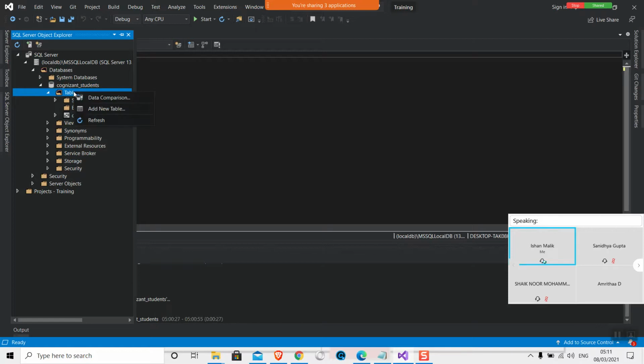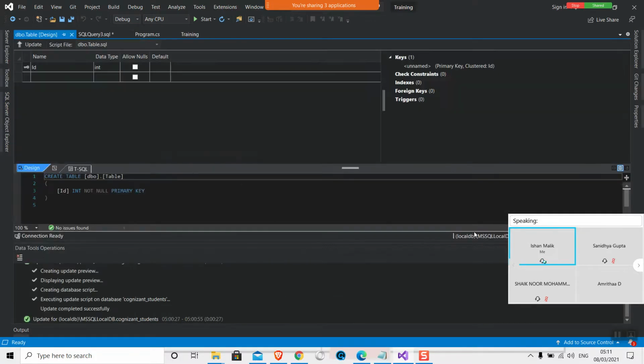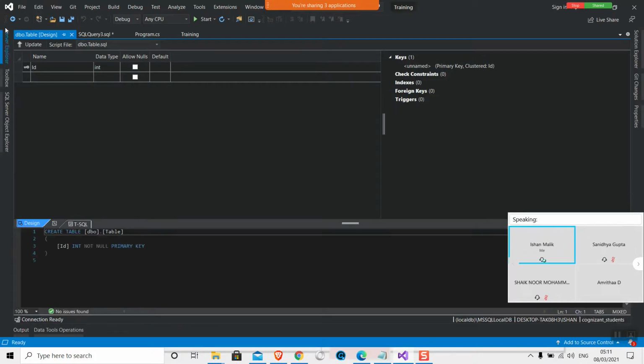Otherwise, whenever you are on a project, or practicing in Visual Studio, just right click on the table to create a new table. This kind of structure you will get. At the bottom you will get an option to write your code as well. Here you can write as well.